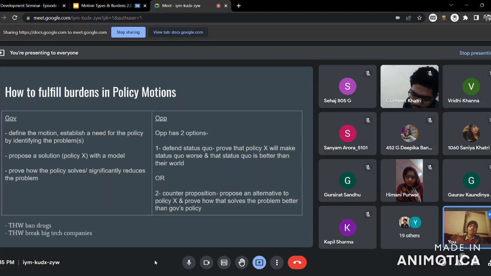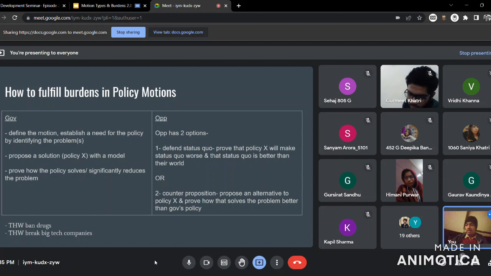In this case, the comparative still remains between policy X and status quo, just that it's not that you're literally doing nothing about the problem. You also can choose a range of policies, or you also have a toolkit of responses that you can have to a certain problem that exists in status quo, but just that you're not committing to any one of them, that यही करेंगे हर केस में, ऐसा नहीं होने वाला. So this is a difference between counter props and alternatives.